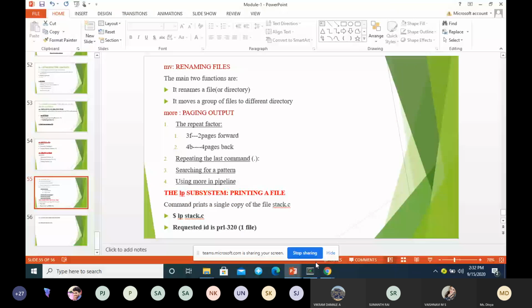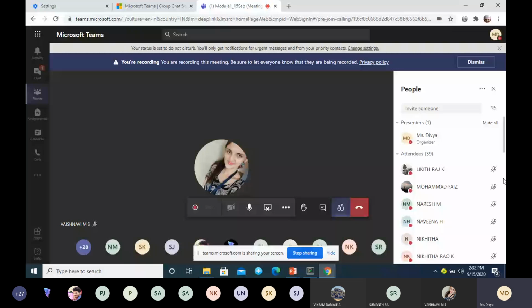So Navina, what is the command that we can use to remove a directory? What is the command that is used to remove a directory? RMDIR.